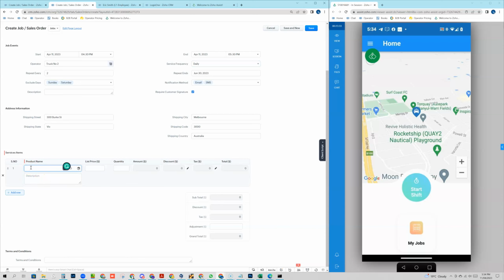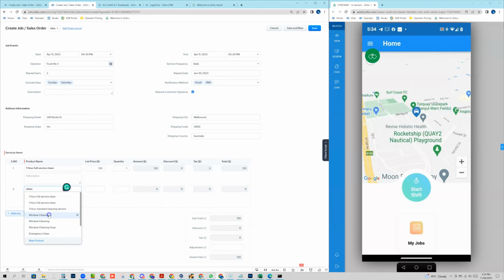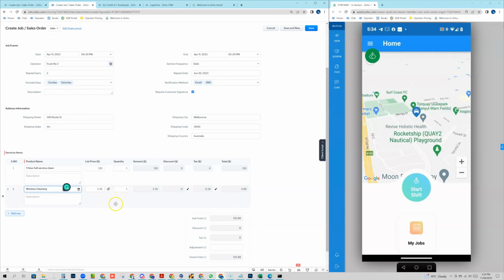Okay, so the items here are coming from the native Zoho CRM products catalog. So let's just search here for a cleaning service, 1 hour full service clean, and you can see the prices that are already there. You might have already put those in. And let's add another item. Let's just come up here. Let's just do window cleaning as well, just to demonstrate that you can have multiple items inside